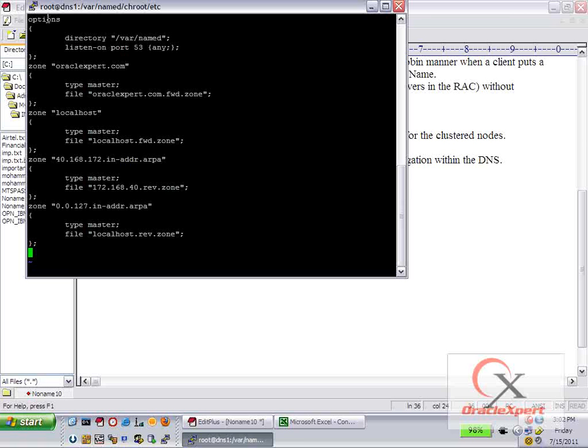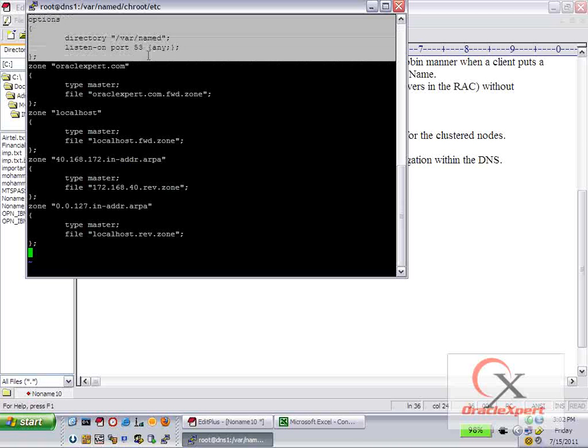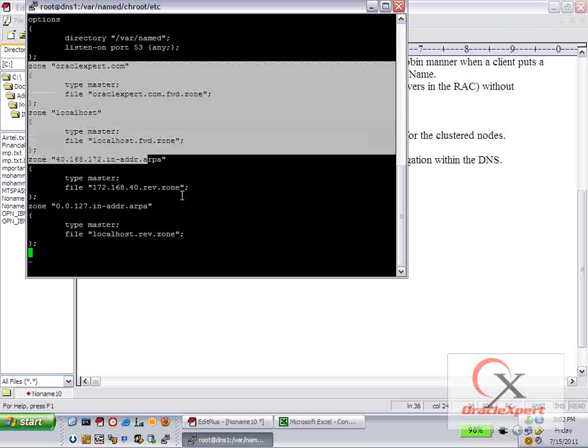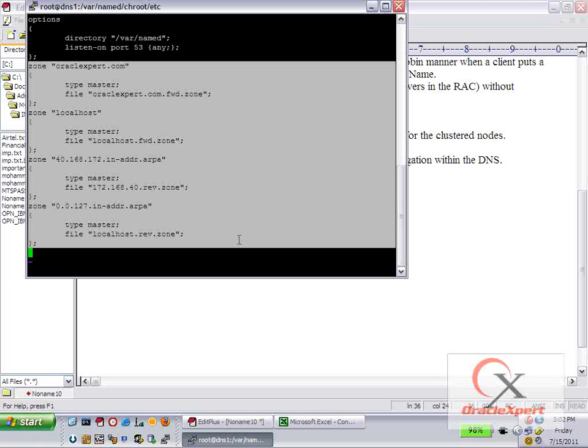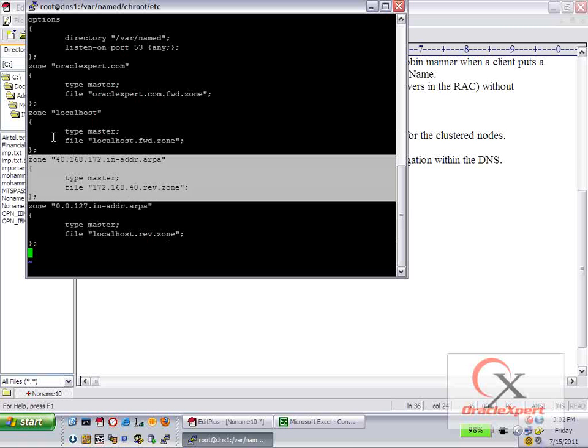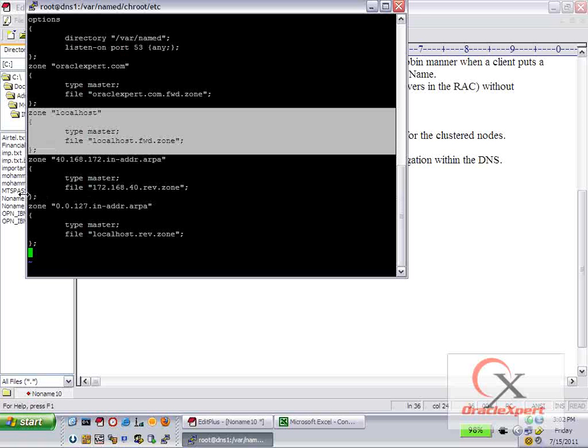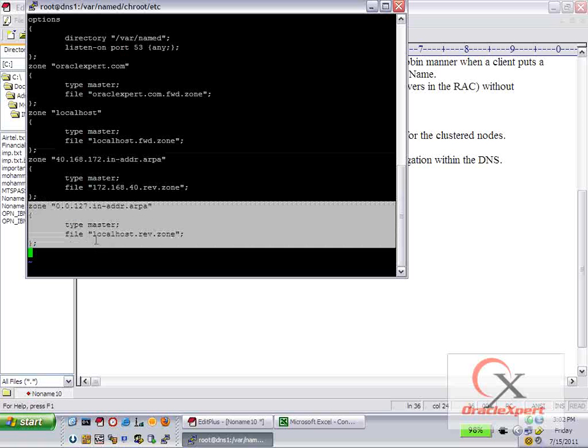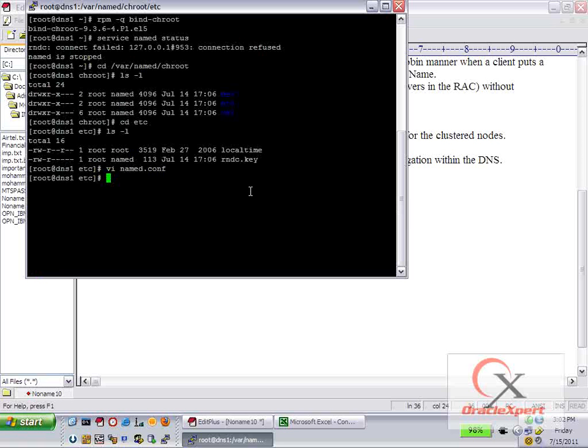It starts with defining generic options for my DNS server. It then defines all the zones within your DNS setup. The domain I have configured is the oracleexpert.com domain. This is the same domain where all my cluster nodes would reside, and then there's a reverse lookup definition for the same zone, and then one default zone that is for my localhost, and then the reverse definition for my localhost.localdomain configuration. So once I am done, I have successfully configured